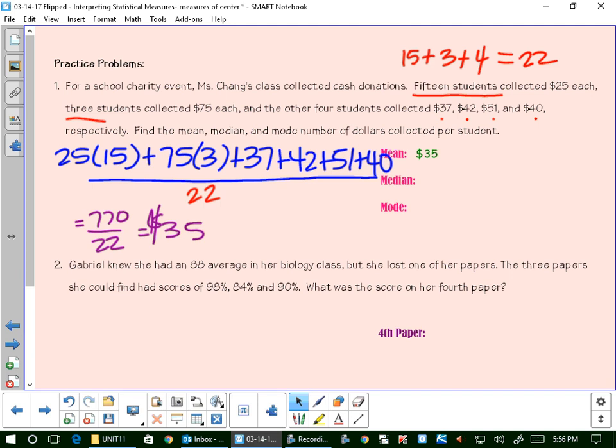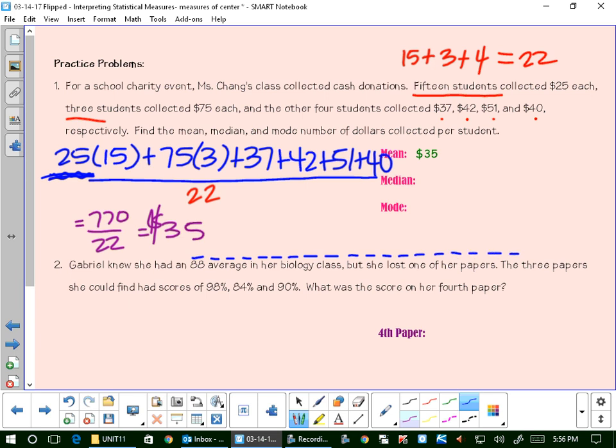Okay, now think about this. The median is the middle number. Well, is $25 the smallest amount that someone donated? Now, 15 people donated it, but it's the smallest amount. So think about this. There are only 22 people, right? 1, 2, 3, 4, 5, 6, 7, 8, 9, 10, 11, 12, 13, 14, 15, 16, 17, 18, 19, 20, 21, 22. So if I had 22 people, the first 15 of them, if I'm putting them in order from least to greatest, collected